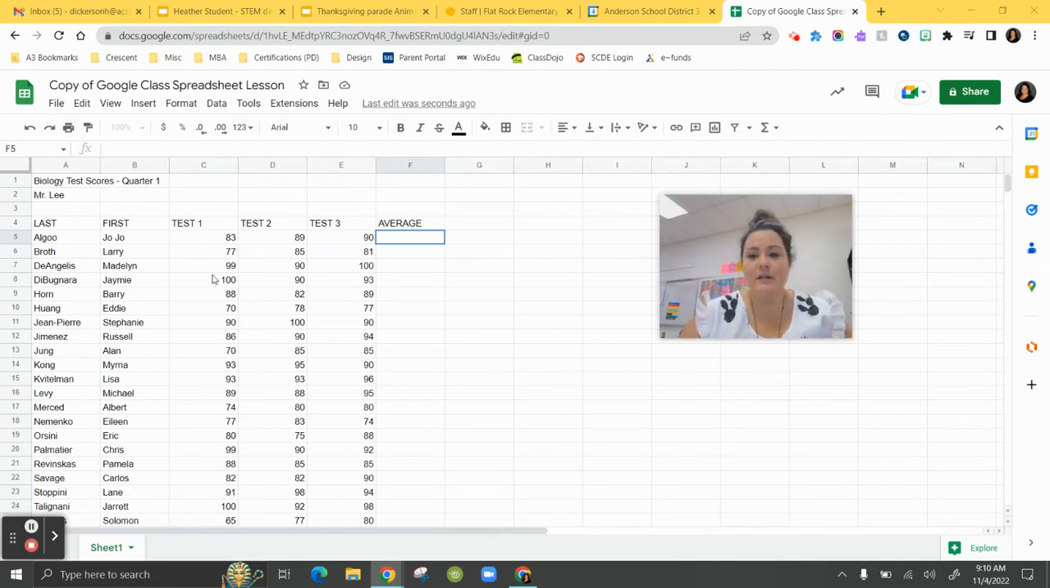So you should have a link to this spreadsheet on the Google Classroom assignment. If you click on it, it does make you have a forced copy. Once you get that opened up, you will see some data inputted for some students with tests 1, 2, and 3 in Mr. Lee's biology class. What we're going to do today is practice some basic formatting in Google Sheets as well as some basic